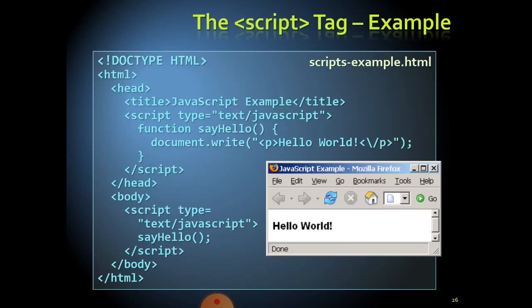This is a small example using the script. I have written the program using JavaScript. HTML head title JavaScript example, script type equal to JavaScript. When you are writing scripting languages, either JavaScript or VBScript, first of all we must specify the script tag. I am using one function known as the sayHello function. In JavaScript, if you want to print the output, we use the document.write statement. I am printing hello world. This is the small example we are having, and I have also displayed the output on this particular page.